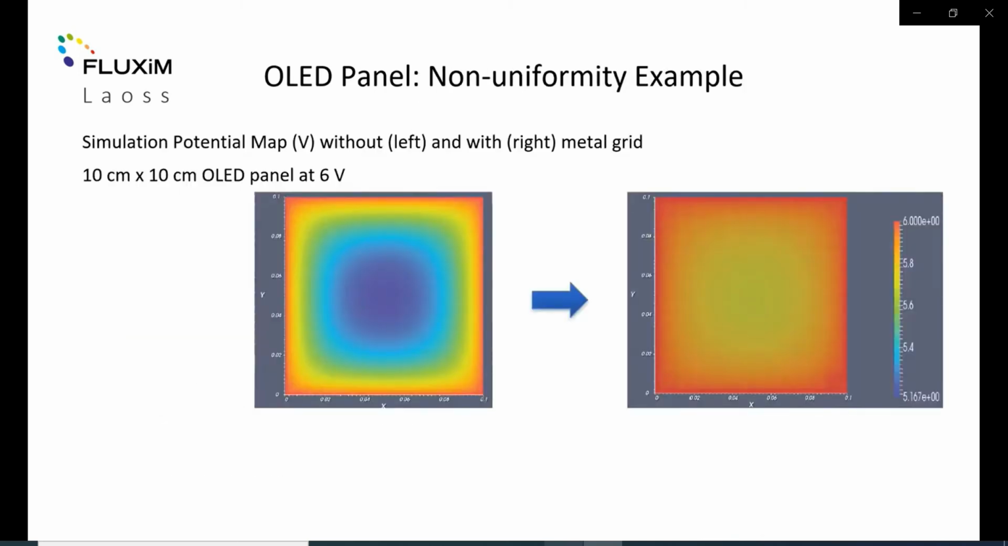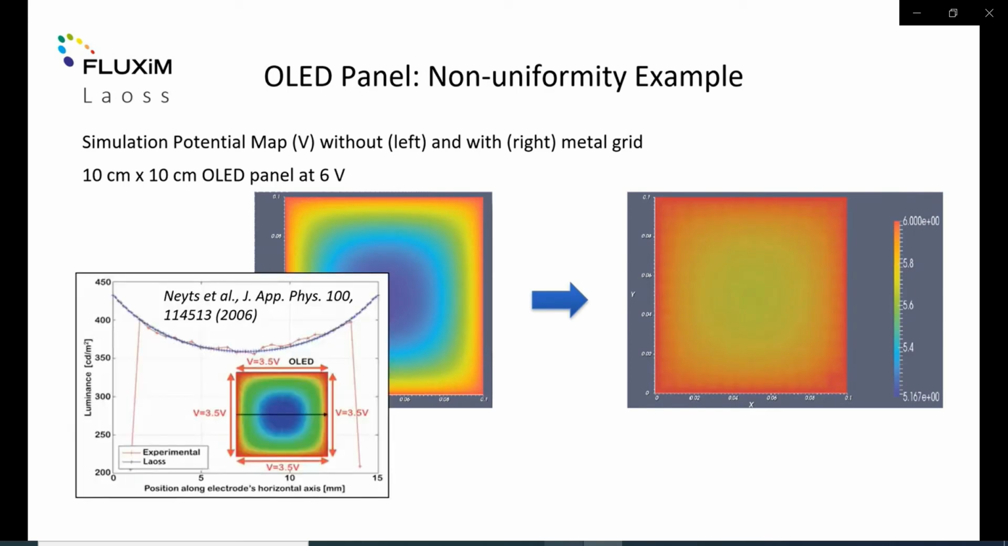Here on the left side, we show the simulated potential distribution without a metal grid. Clearly, the potential is non-uniform and drops almost 5 volts in the center of the module. In order to increase the potential and consequently the luminance, a metal grid is used. On the right-hand side, the potential in the center is only about 0.2 volt lower than the